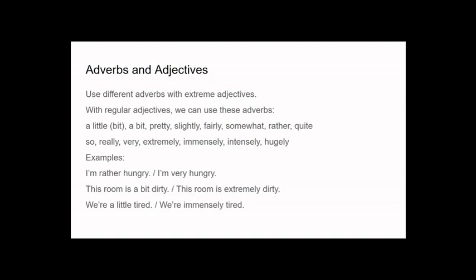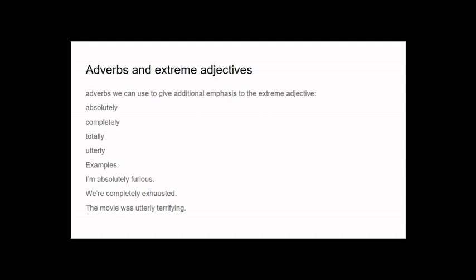So let's put it in a little bit of context with: I'm rather hungry, or I'm very hungry. This room's a bit dirty. This room is extremely dirty. Or we're a little tired. We're immensely tired. So, adverbs with extreme adjectives: the adverbs we can use to give additional emphasis to the